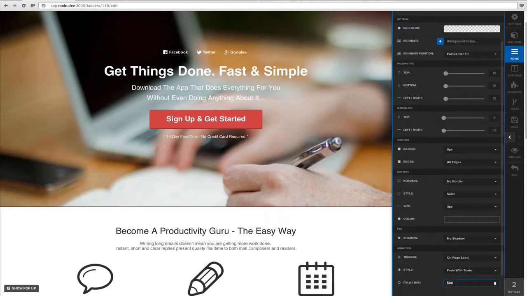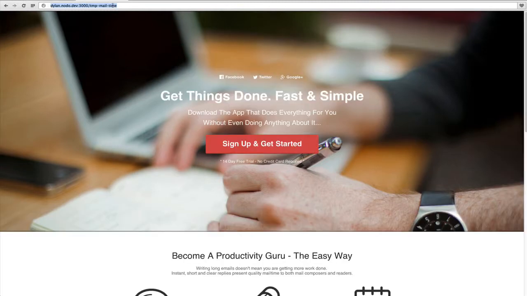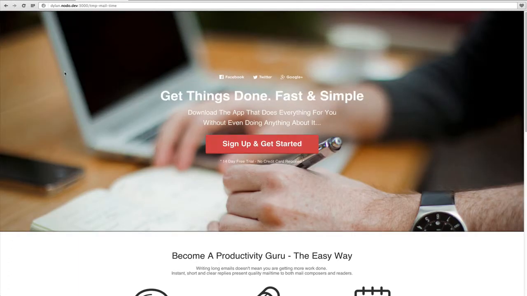Let's make this happen 100 and 102. Let's reload the page here. So as you can see, the top comes down and then this pops in. It doesn't look that bad. I thought it would look a bit worse, but